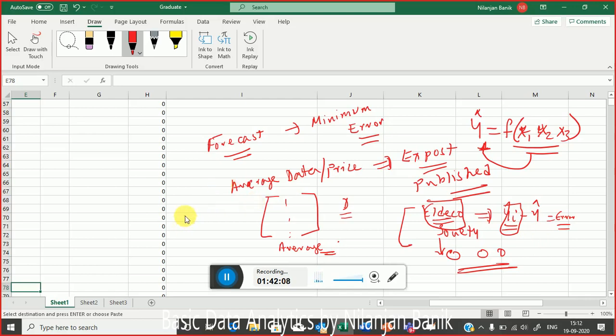Always, in most cases, you will find Y hat less Y, where Y is the actual price. The error from this, let's call it epsilon 1, and the error from Y less Y bar, let's call it epsilon 2. You will find invariably that this is the case. Meaning if I calculate with Y bar, my forecast error will be greater compared to Y hat, and that is clearly coming out in the ANOVA table, in terms of F-test statistics. Rarely will you find that Y bar is actually better than Y hat. Rarely.